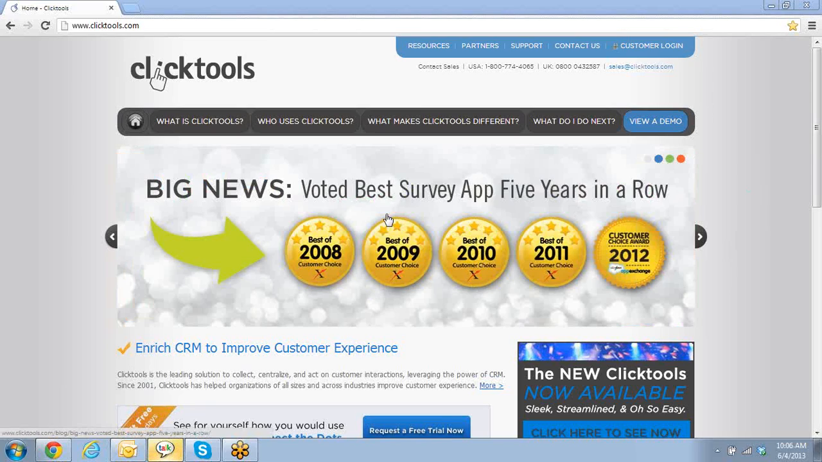Now this will be a very simple example. It obviously doesn't cover all the powerful features of ClickTools. However, the same underlying principles that I'm going to show you today can be used to build all your surveys and forms. At this point, when you're doing a Web2Lead form, just keep in mind we don't have